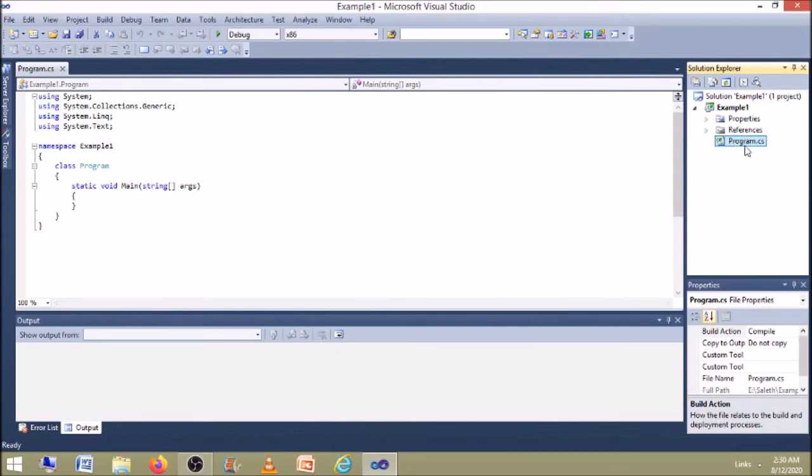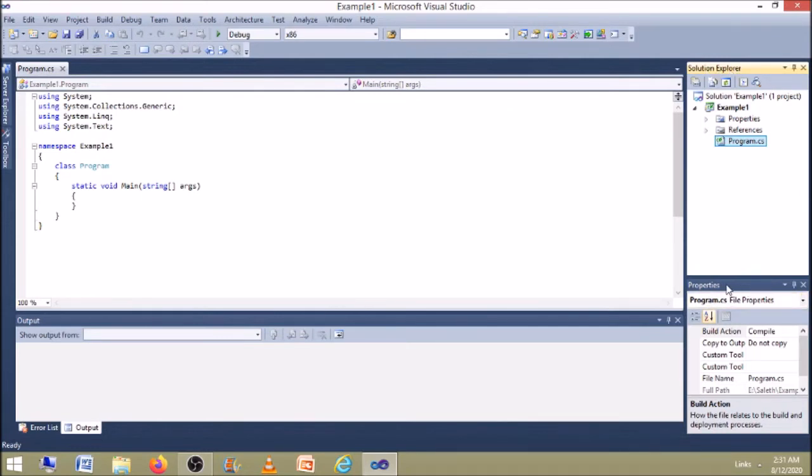Next one is program.cs. So this is the actual file where we are going to develop the source code, where we are going to create the source code. And this is what is displayed here, that is the text editor window. Here only we are going to develop our project, or we are going to write the source code. So this is the file name, which is under the project Example 1, which is again under the solution Example 1. Okay. So now these are the options which are included in Solution Explorer.